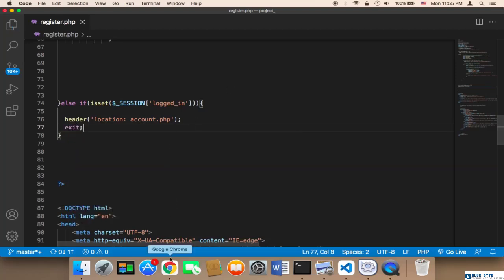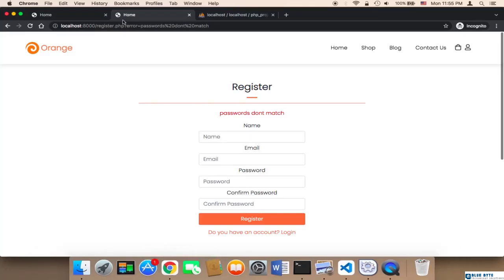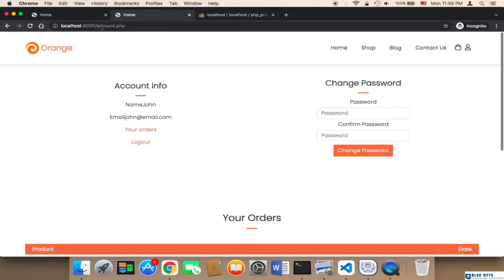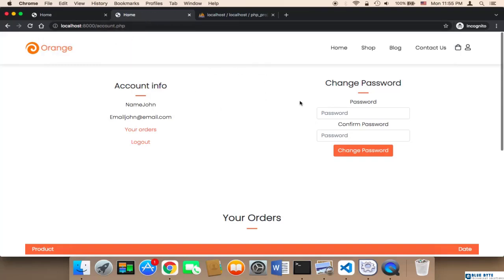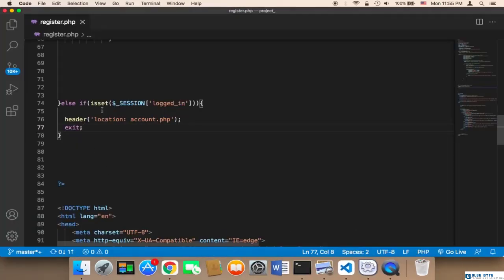So let me test this. Now I'm logged in, I'm registered. So if I try to go to the registration page, I shouldn't be able to enter, and as you can see, I will not be able to enter the registration page. Let me say register.php one more time, and if I try to go to the register page, it's not going to allow me because this is going to protect